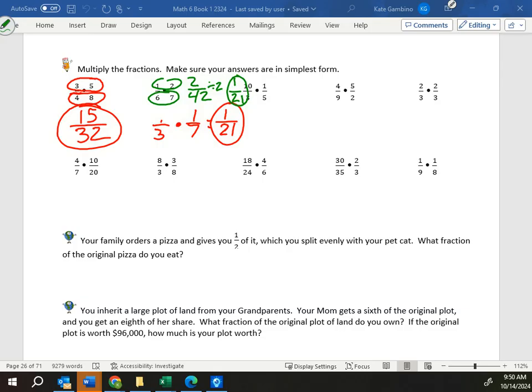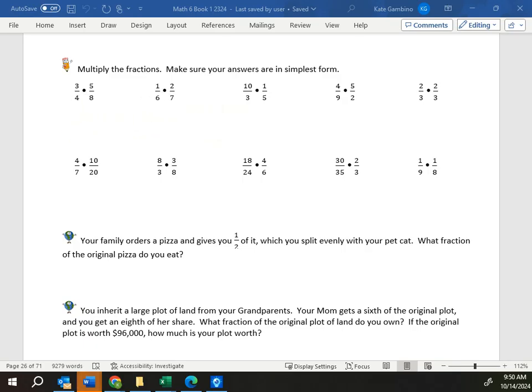So we're going to straight up multiply across, simplify your final answer. If you want to, you can cross-simplify. That's simplifying diagonally and then multiply across. You can do whichever way works for you. On the bottom,